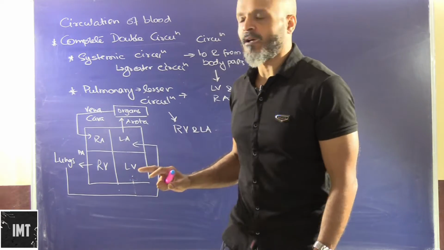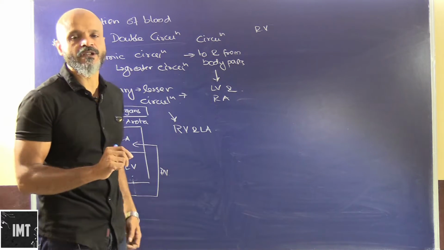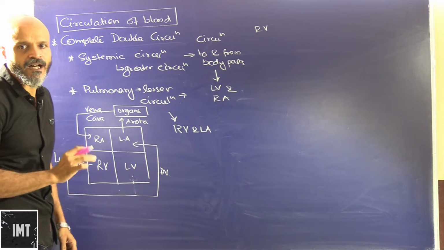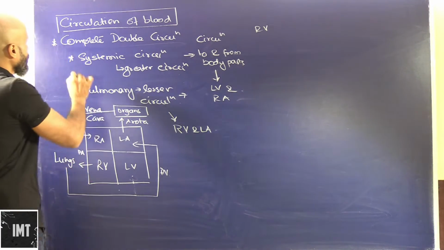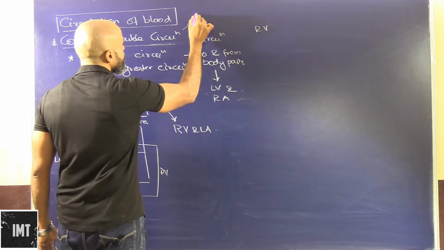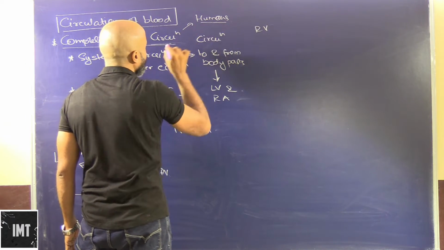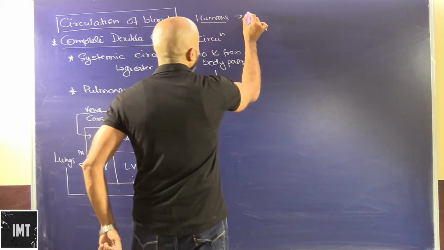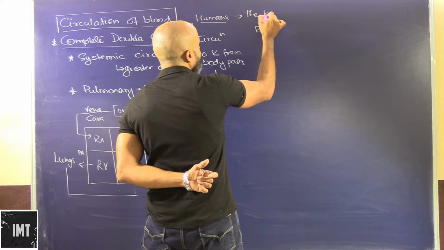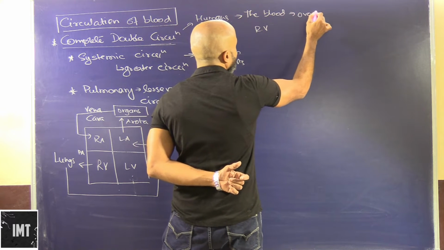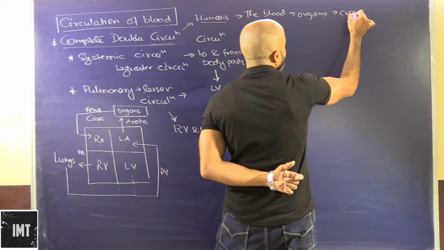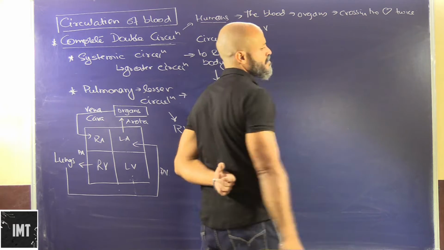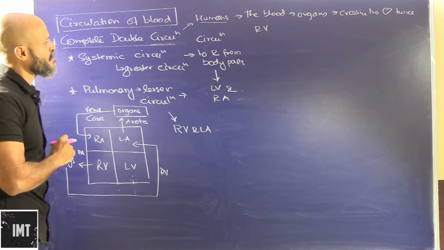Okay, so we will now talk about the different aspects of circulation of blood. In circulation of blood, we basically know that the heart is the primary organ involved. In mammals, particularly in humans, as we are studying the human heart, we call it double circulation. The reason it is called double circulation, as we all know, is that the blood supplied to the different organ systems is crossing the heart twice.